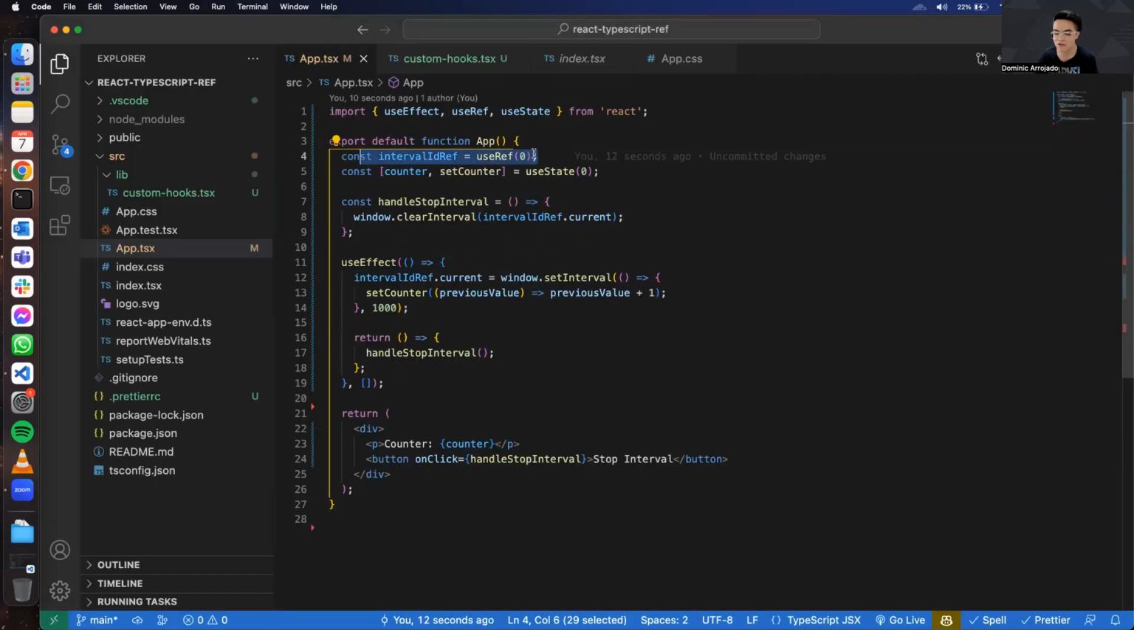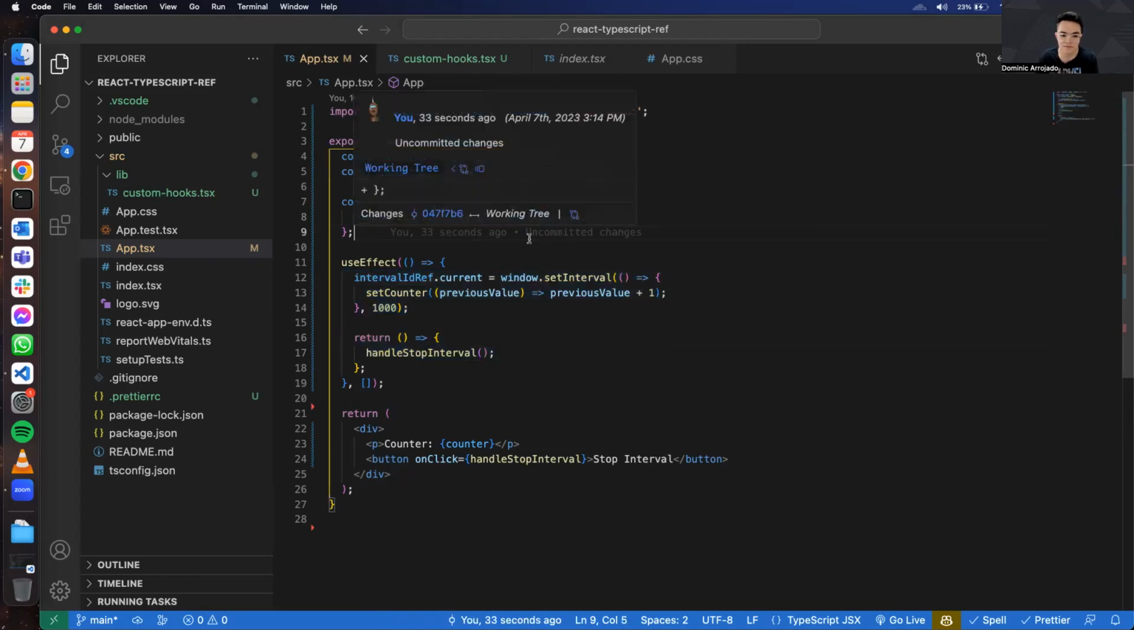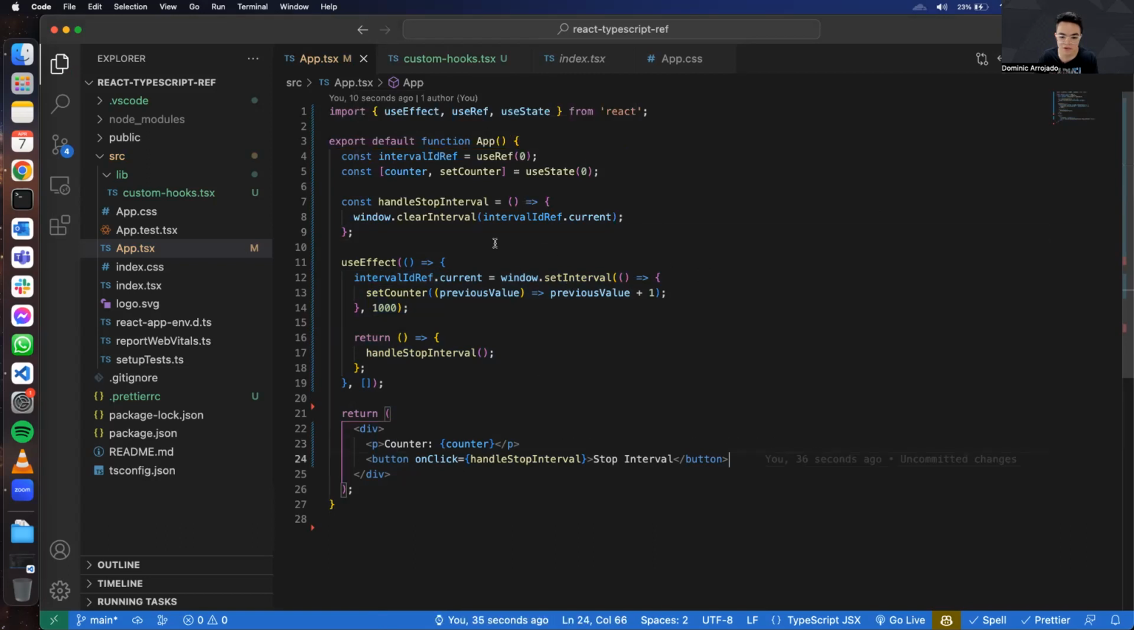You can store any value into it. And in this example, I'm storing the interval ID, which is a number. Okay, so what else can we use useRef for? You can not only access useRef in the callback, you can actually access it in a useEffect and do something with it. So let's say I want to keep this counter,